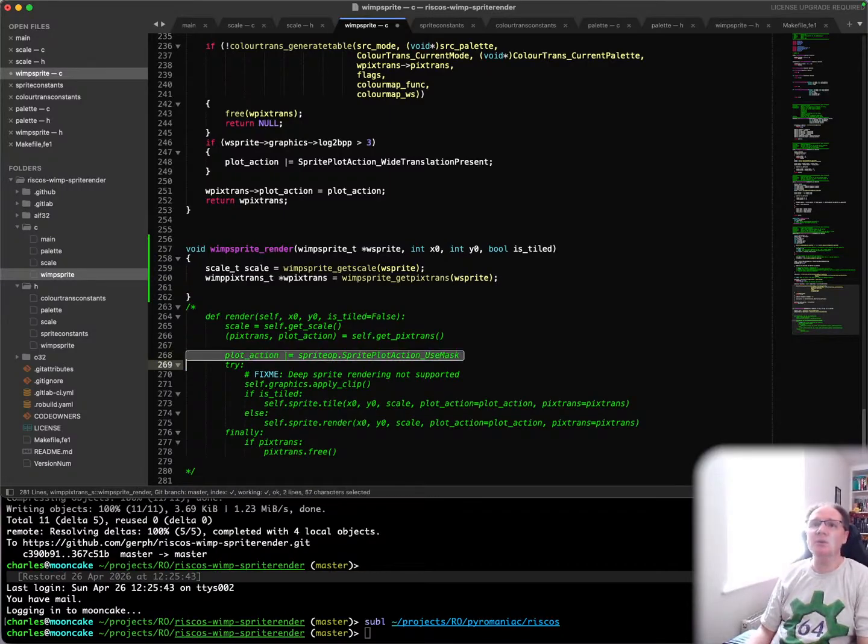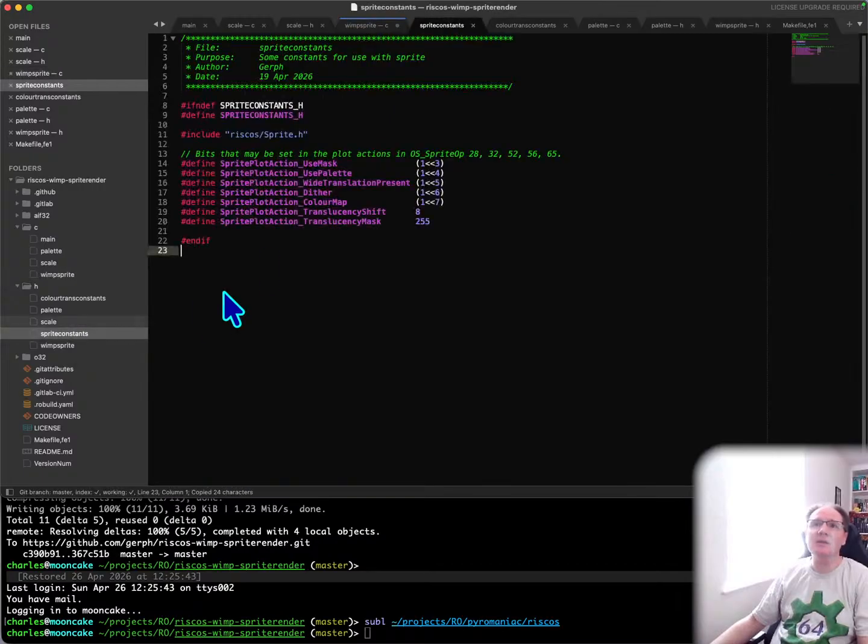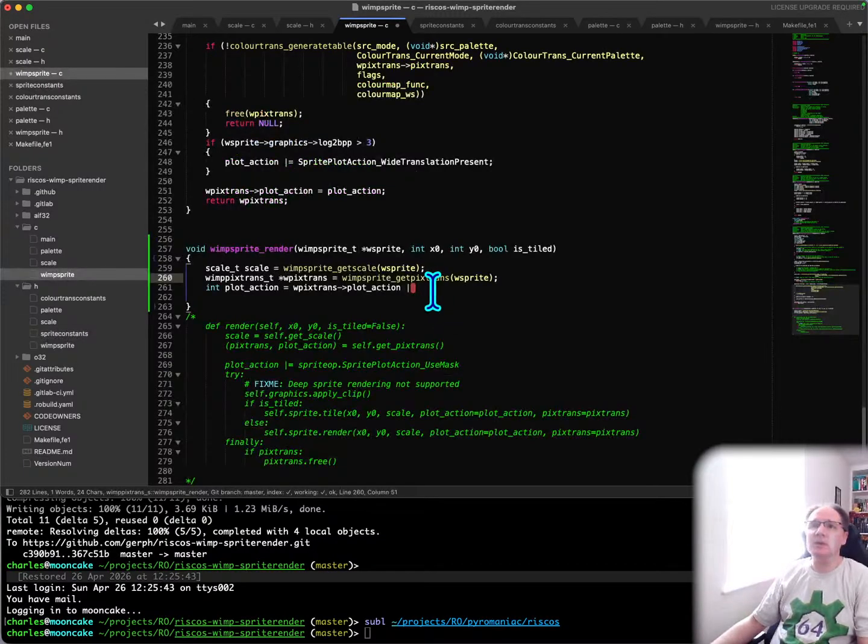Plot action, we always want to use the mask. Probably, yeah, okay. So we want to get the plot action equals W PixTrans to plot action, or I'm sure that must be set somewhere. Do we have a sprite constant? Looks like it might be in there. Plot action use mask. Excellent. So there we go. That one goes straight into there. And